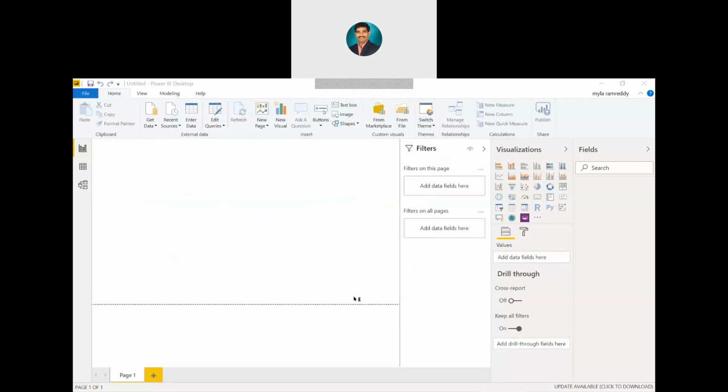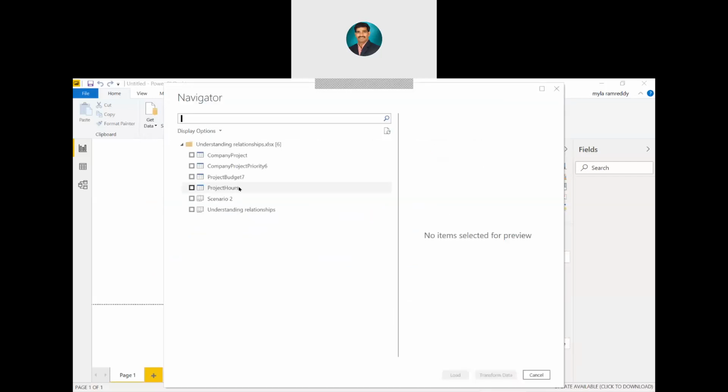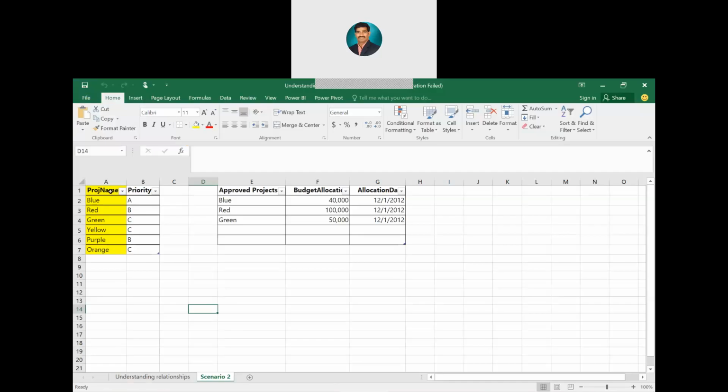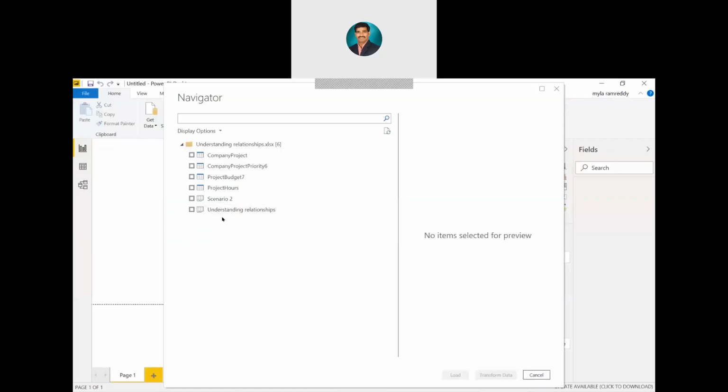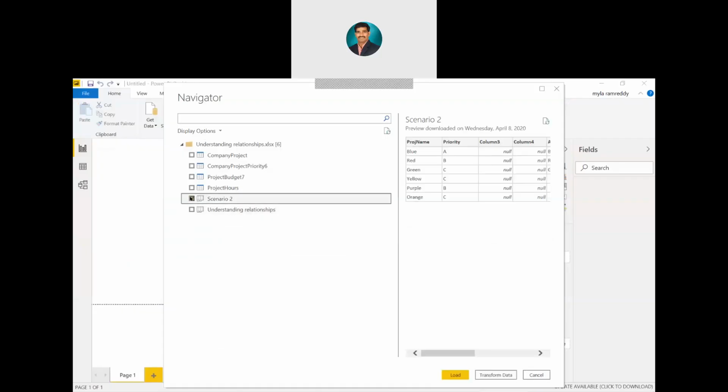In this understanding relationship, I have two sheets available. I would like to go for scenario 2. What are the table names in scenario 2? The table name is scenario 2. We have this one table. All is appearing as one table.